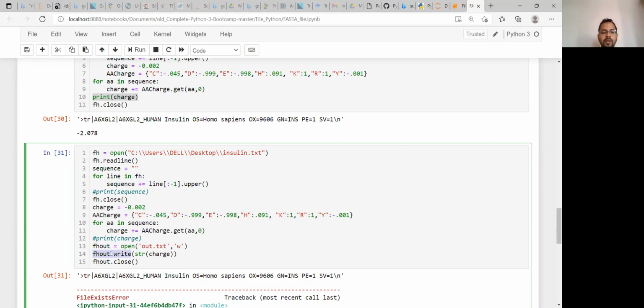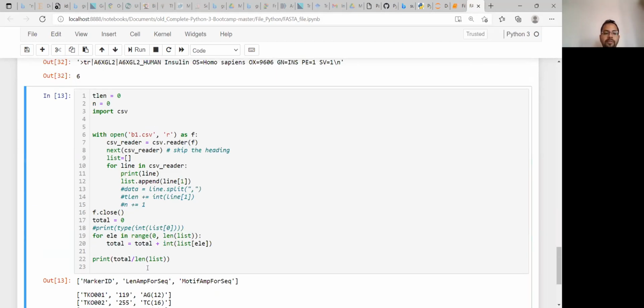That means it is now acting as a pen. You are using this pen and writing on that particular file out.txt, and every time you need to change this charge value to a string, and then it will write on that out.txt file, and then you should close that file handler.